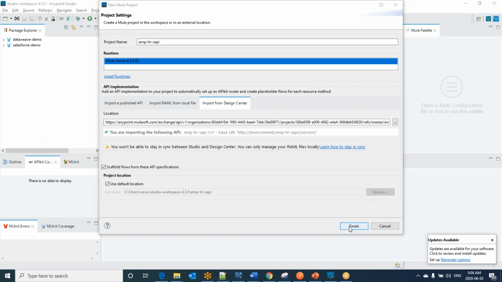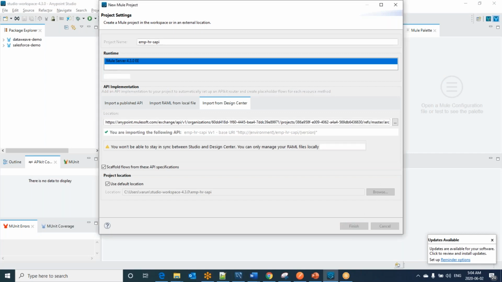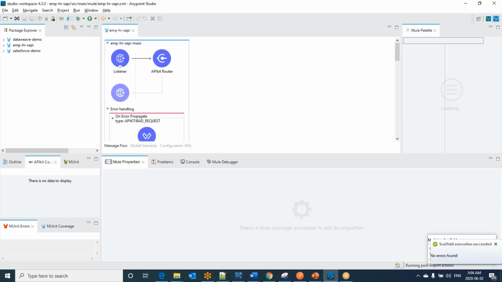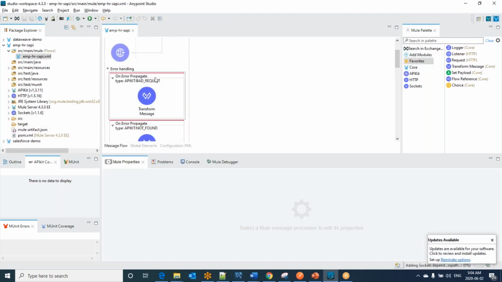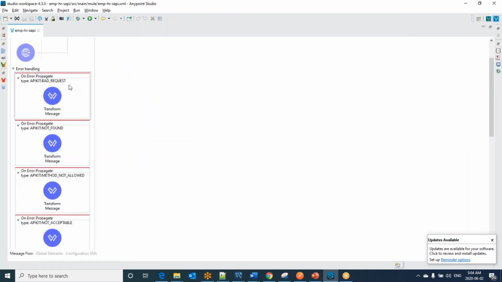Click on Finish. Now a new project will be generated with respect to the API that we imported from Design Center, along with the APIkit router. If you see, by default, we are getting global error handling here. This contains only the errors related to the APIkit.